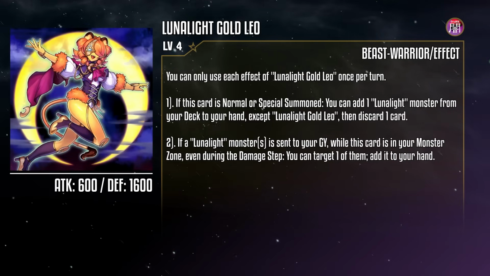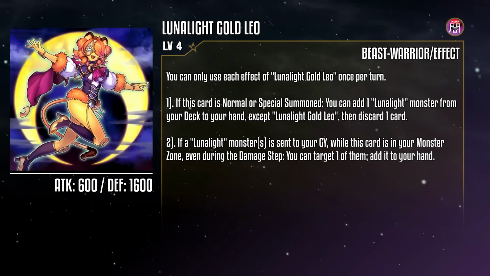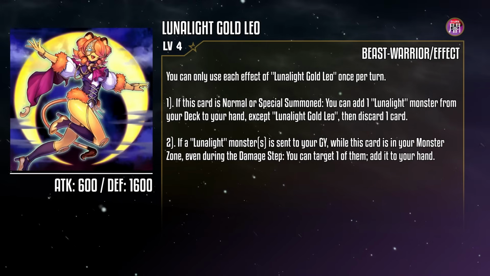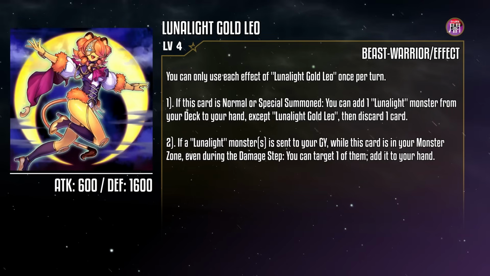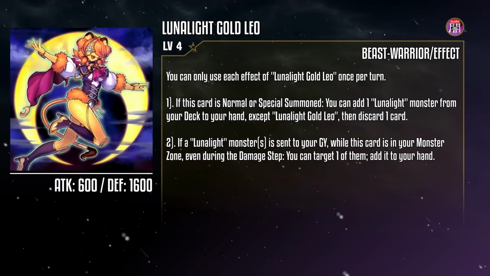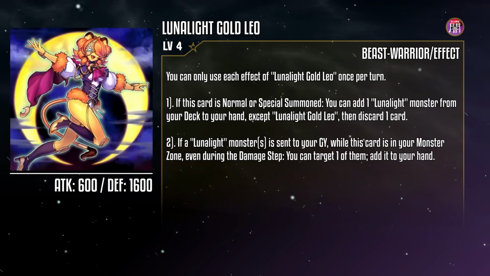Yeah, believe it or not, Lunalight has never had its own Stratos until now. And while Gold Leo isn't a +1, it still does a fine job. And while it does make you discard a card, remember, that's an effect sending a card to the graveyard, and that can easily turn it into some advantage. Especially because Gold Leo's second effect might just see you discarding a Lunalight and put it right back into your